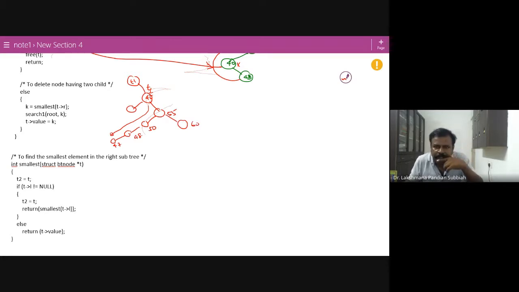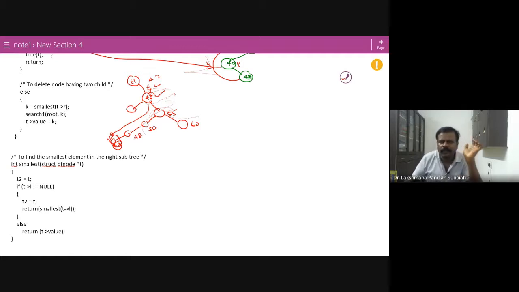This 45, that node you want to delete. Now, instead of deleting that node, you find out the smallest of its right-hand side. This right-hand side smallest you are going to find out. Both sides are there, so definitely it will have a right-hand side. So the right child's leftmost you have to go for. That node is the next node for 45. So what we have to do is copy this 47 here and delete it. So you take this data, delete it, and go for this one.